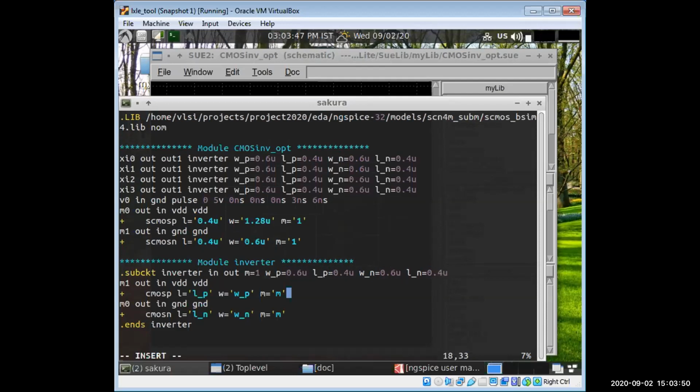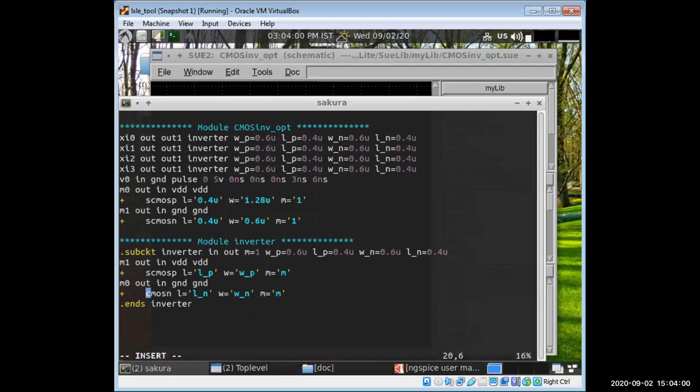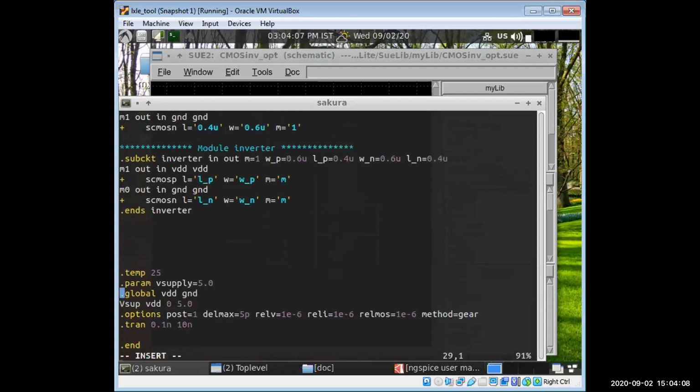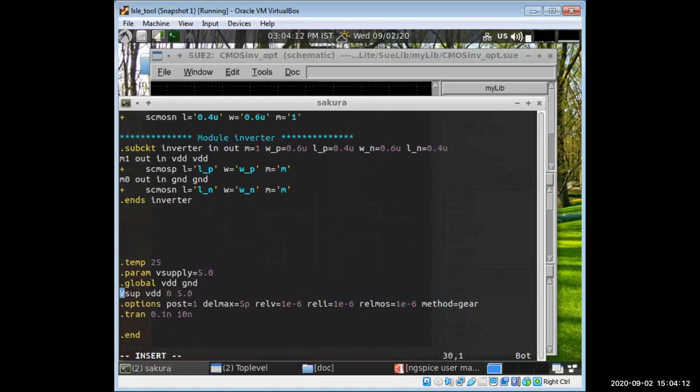Then don't forget to change this, because we are only including the dot lib file of SCN4M technology. So change this to SCMOS P and SCMOS N. Then the subcircuit command ends with dot ends inverter. Then the temperature, the parameter V supply, which is 5 volts, the global VDD and ground. V supply VDD is the global.